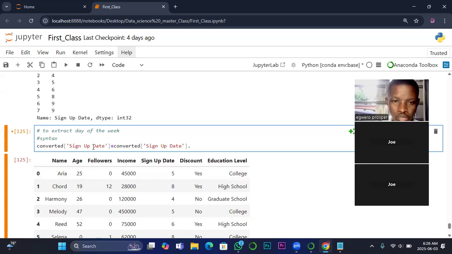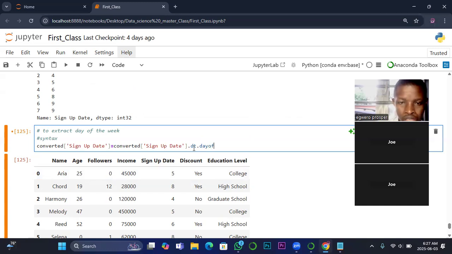Now, here I will concatenate. While we are equating, it can update directly on the data. If I don't want it to update directly on the data, then there wouldn't have been need for this equation section here. I will just write this. After that, I will come and update just like what we did the other time. So now I'll come here and do that dot dt, just like the way we did it. Then dt dot day